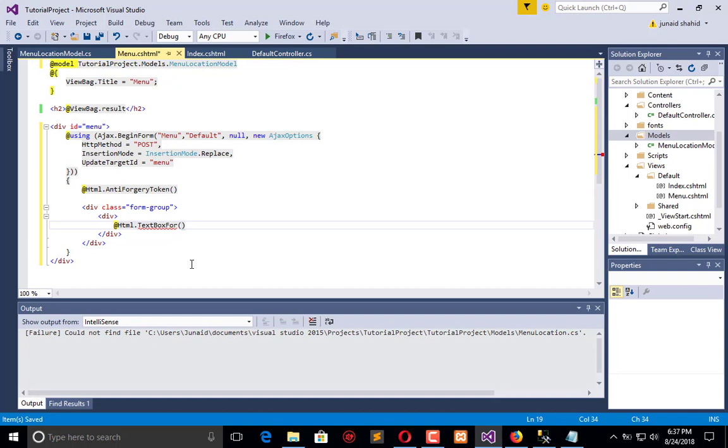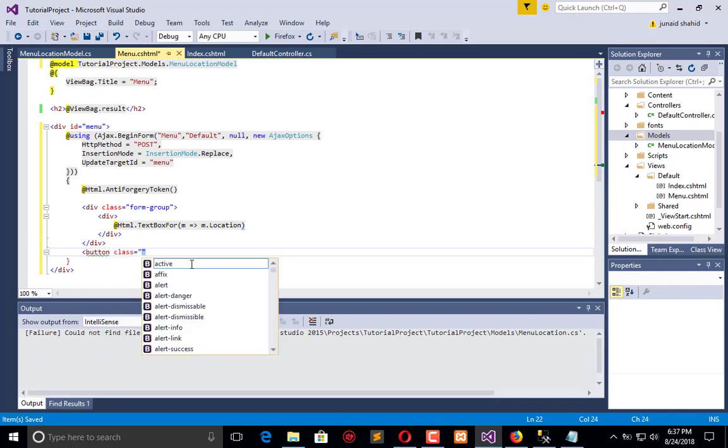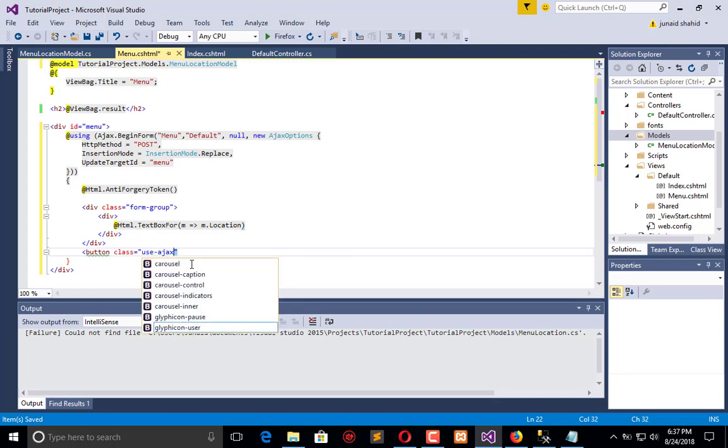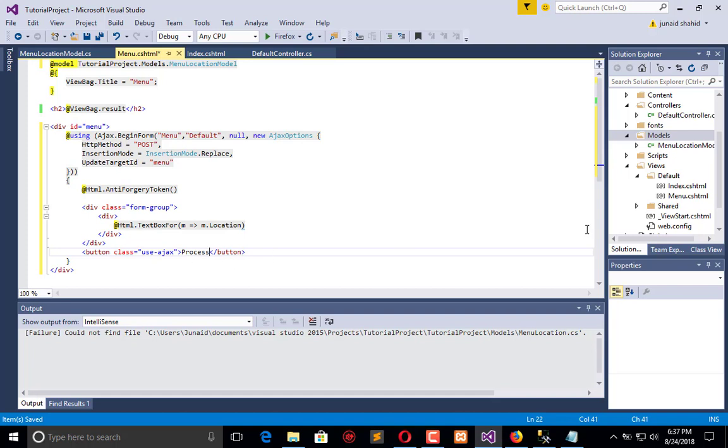to use, m, then lambda of m dot location attribute. Right after this there is a button having class as use Ajax. Process is the name of this button. And now what actually happened, we need